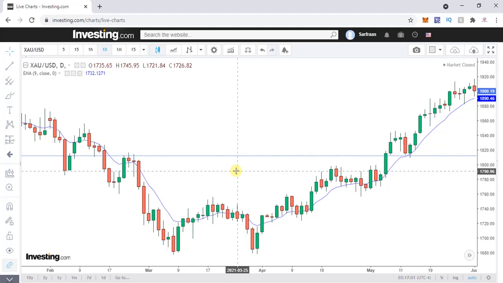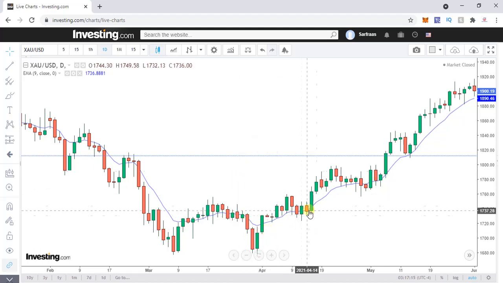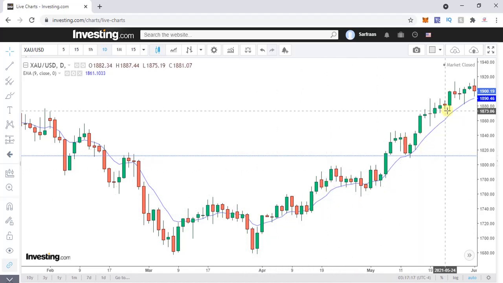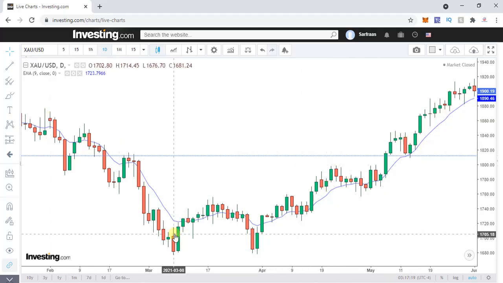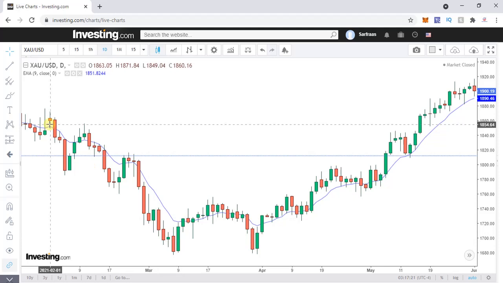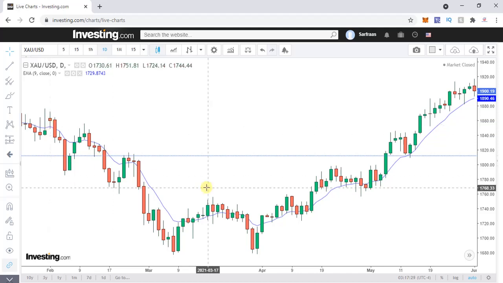So when you're trading, you should always remember that you should always follow the trend. Of course, experienced traders do some counter trading, but it makes sense to follow the trend. So when the candles are plotting above, you're going to take a buy call. When the candles are plotting below, you're going to take a sell call over here. So that's how it helps you to take your trade. Now,